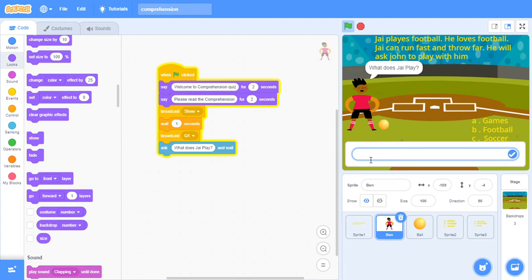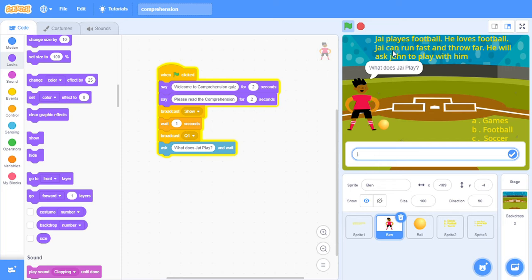The person sitting in front of the computer has to type it here. Until the person types something here and clicks on this tick mark, this ask block is continuously active. That's why I have broadcasted the options visible message before the ask block.